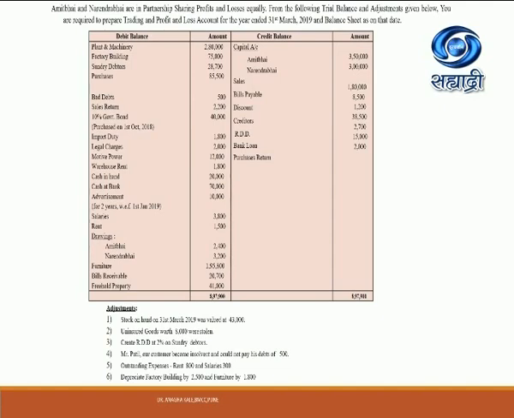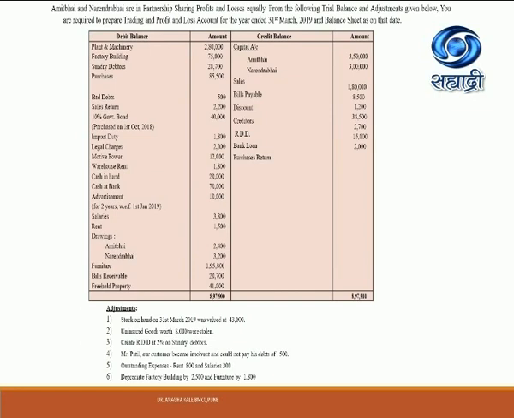First adjustment is related to stock on hand on 31st March, that is the closing stock. Then uninsured goods. Then there is RDD. So RDD is related with debtors. So first we'll be ticking debtors. Then we are having fourth adjustment as Mr. Patil, our customer, became insolvent and could not pay his debt of 500. So that is the adjustment of new bad debts. So again it is related to debtors. So in trial balance we are having debtors as well as bad debts. So we'll be taking that.